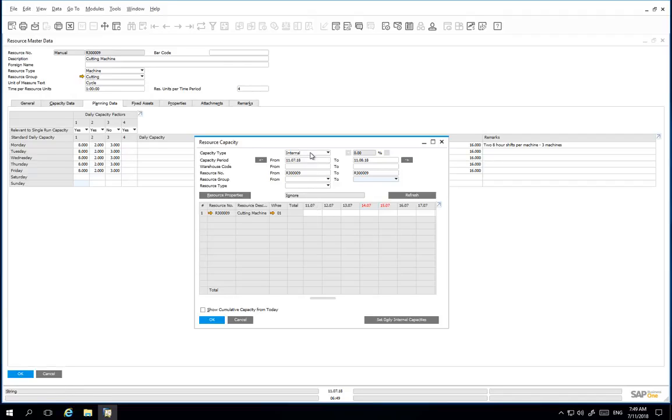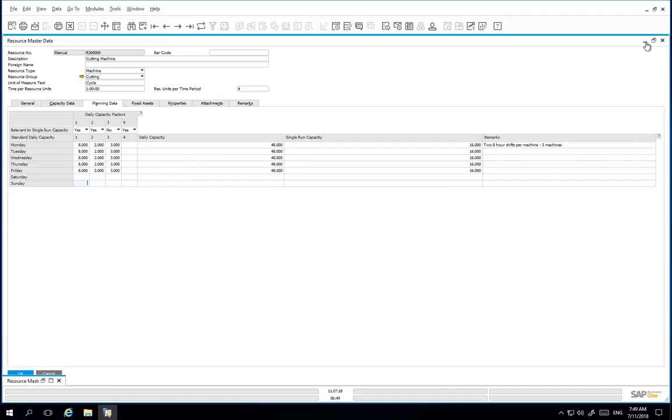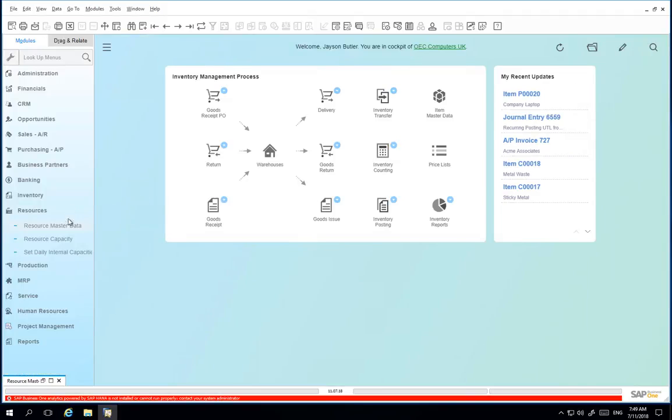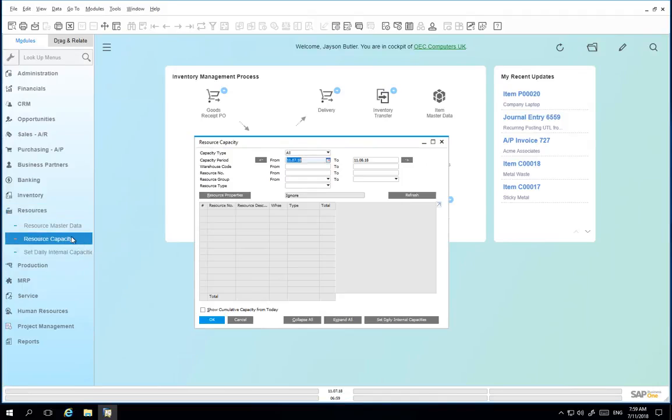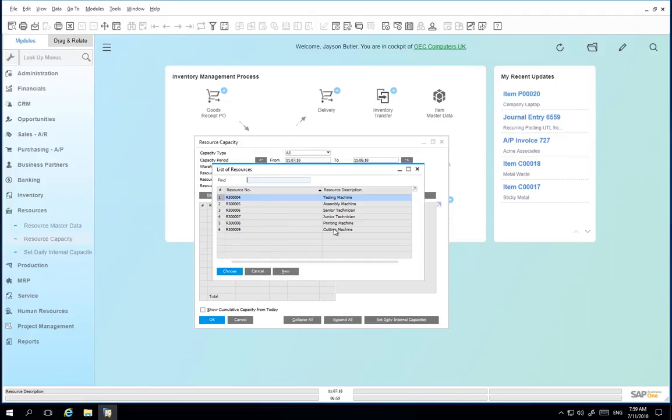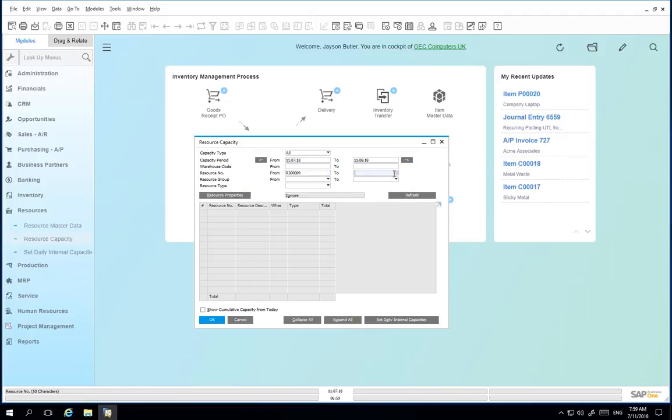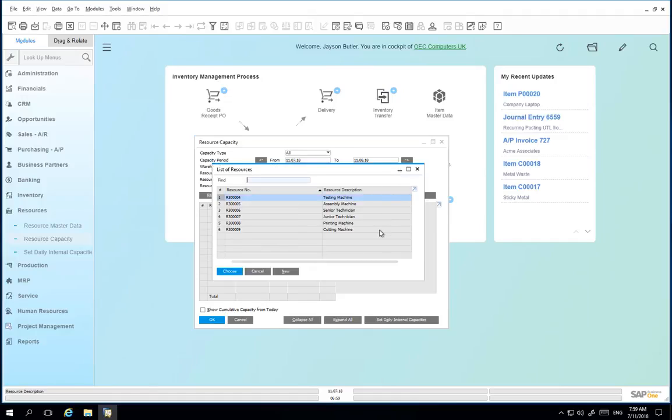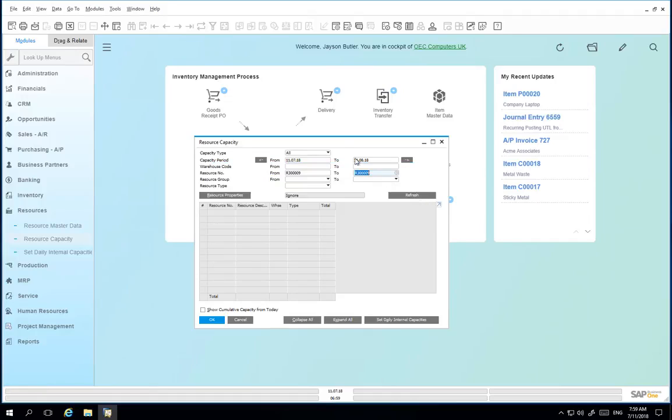The second option is by navigating to the resource module and selecting resource capacity. From here, you need to select the relevant criteria such as the resource number, warehouse code, etc. So in this case, we're going to select the resource number. Also note that the capacity type selected is defined as all when accessing the resource capacity window from the resources